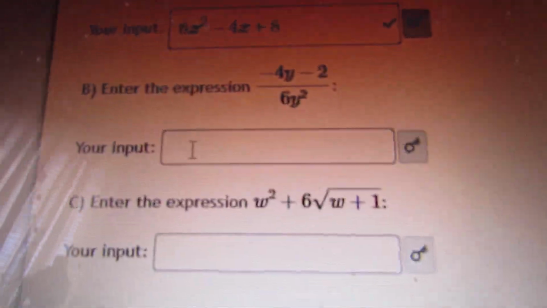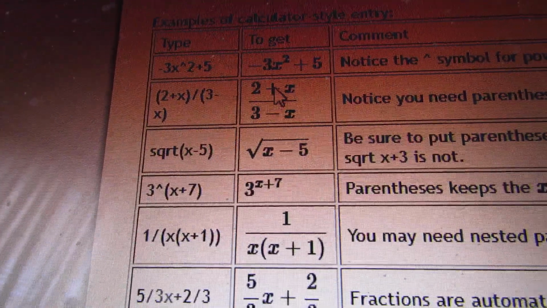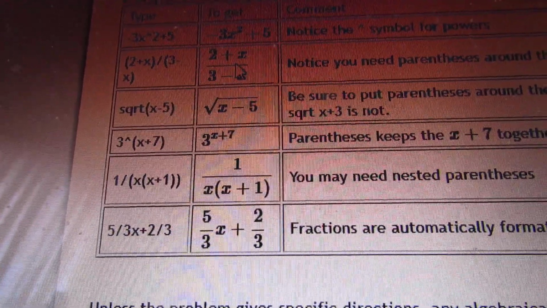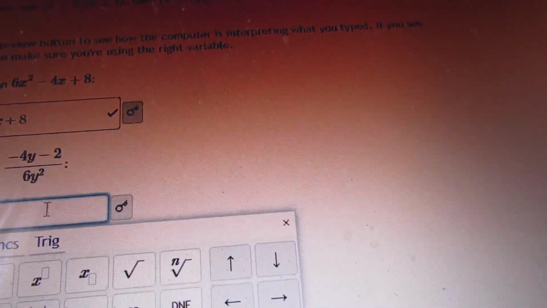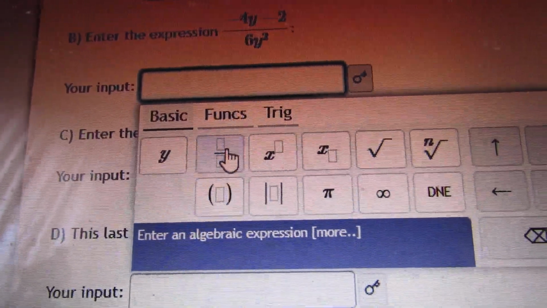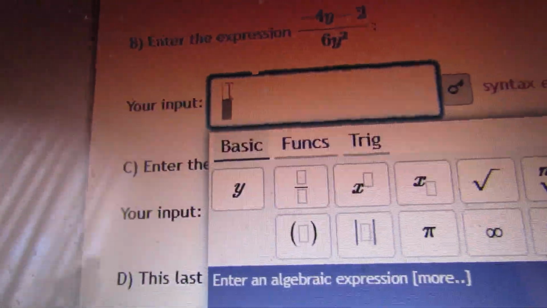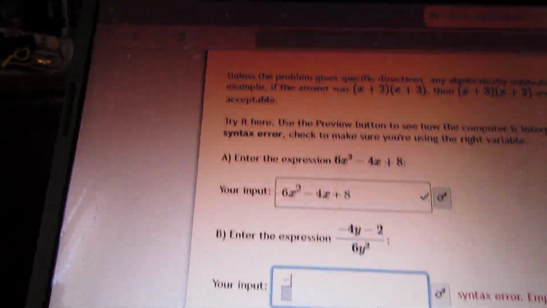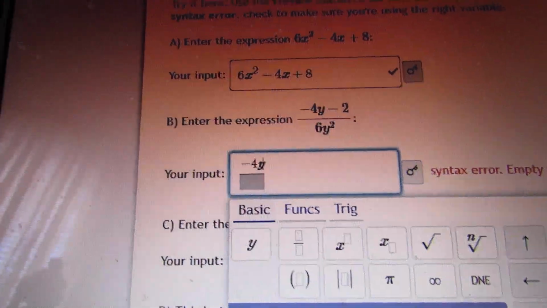There's another thing. I'll actually do this one a different way. Instead of, here it says to put the parentheses around each, the numerator and the denominator, in order to make sure they stay as numerator denominator. Another way to do that is when you go into here, click on this, and this is a fraction. So then you can type in what your numerator is and it's negative 4y